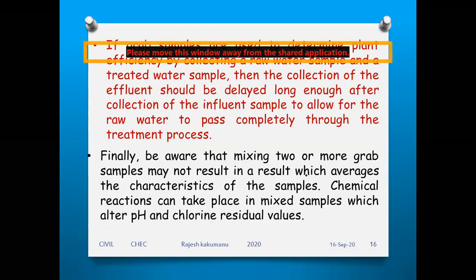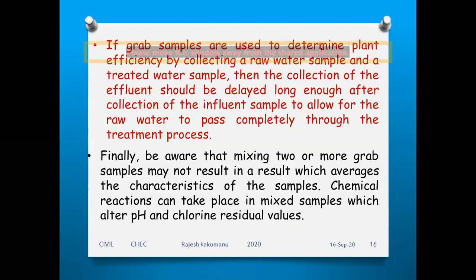Next, the next point, if so the time is 9. Okay, so here whenever the